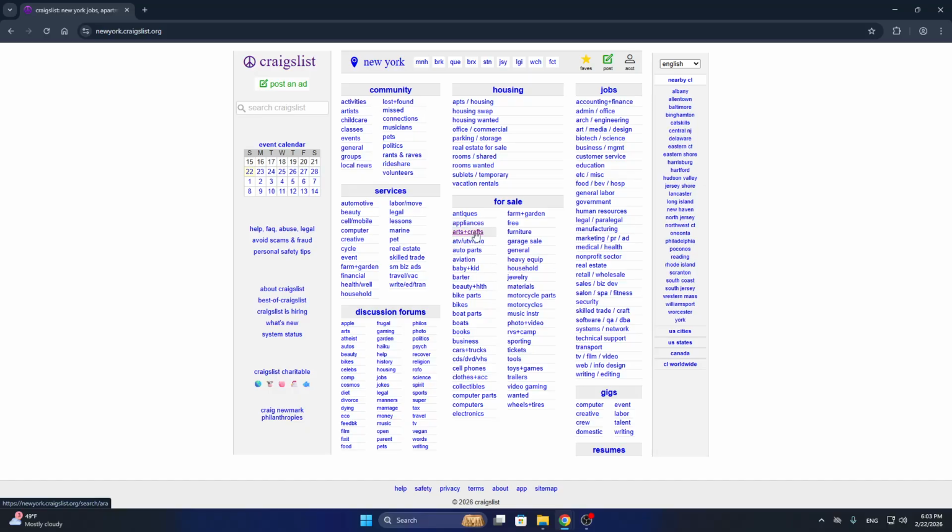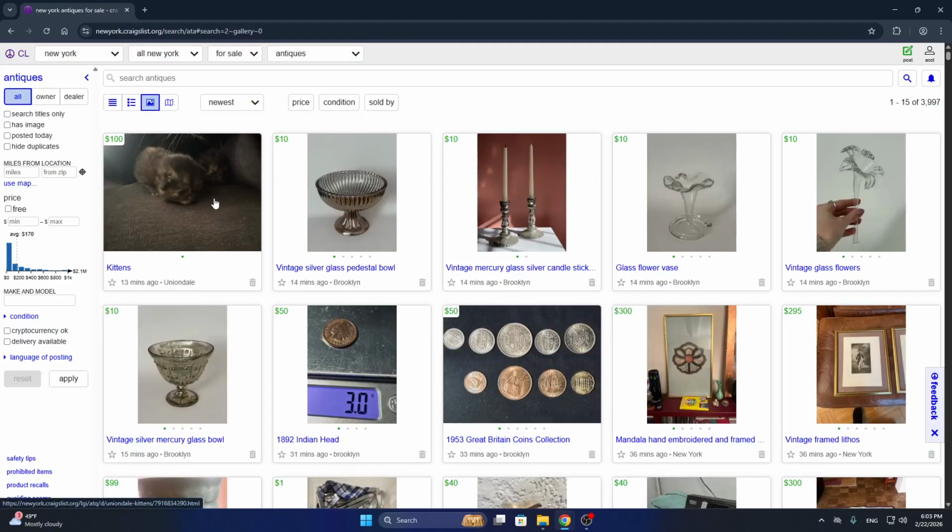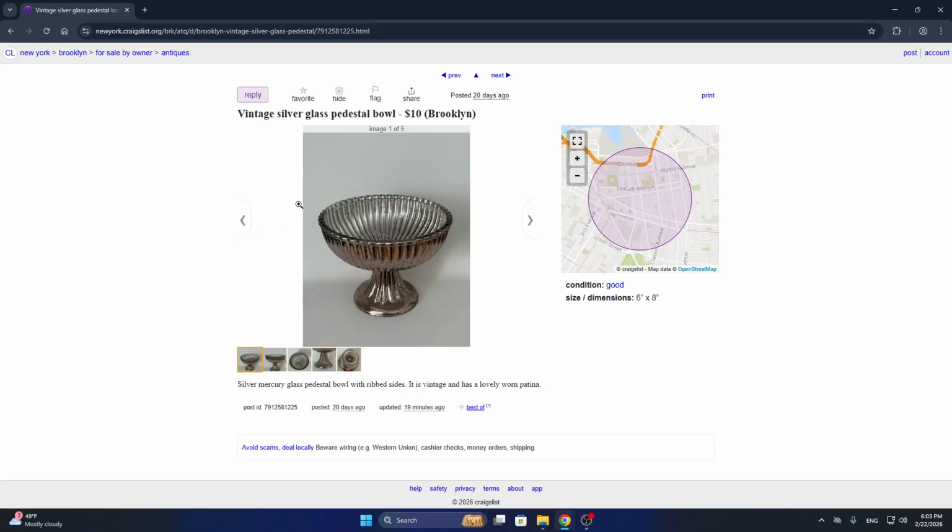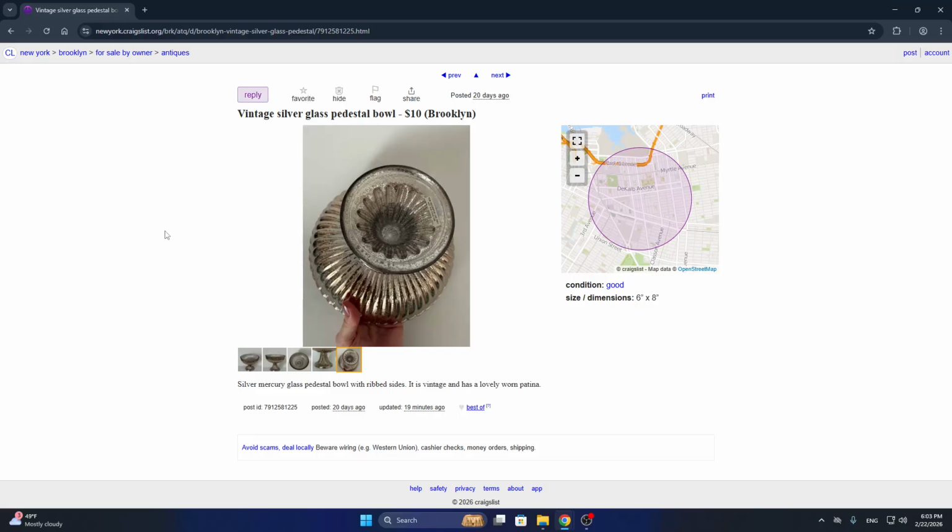So let's find the ad we want to reply to. Let's open up one of the categories right here. It's going to show us everything we can find, and let's say we want to open up this one and reply to it. As you can see, once you open up the category right here,